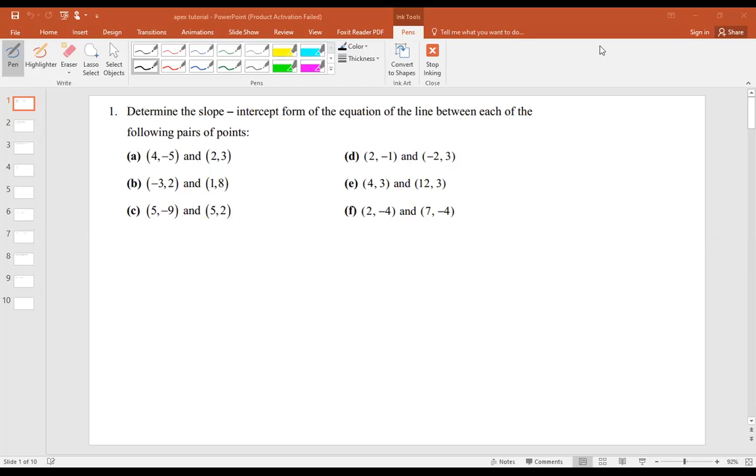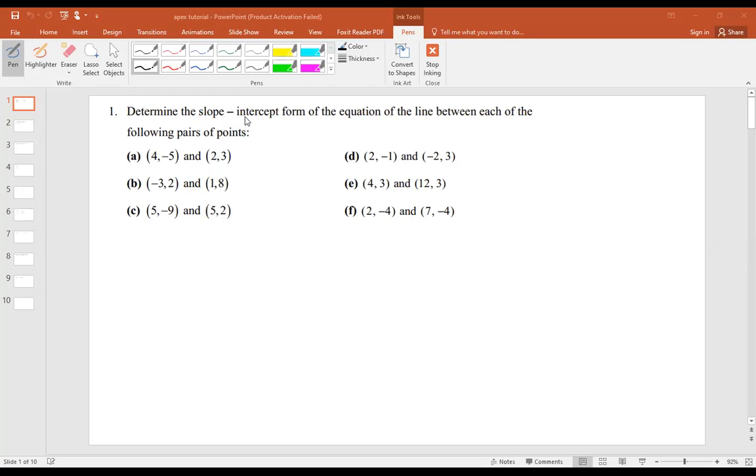So in this tutorial, we'll be discussing linear functions and quadratic functions. In case you have any questions, feel free to raise your hand and ask your question. Okay, so the first question in this tutorial sheet was asking us to find or to determine